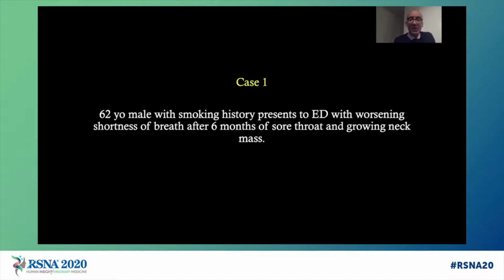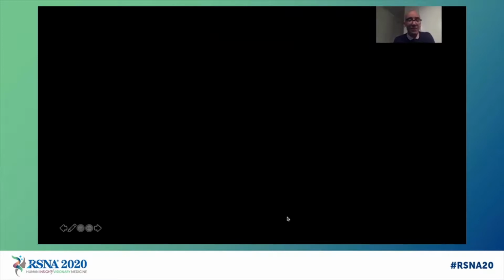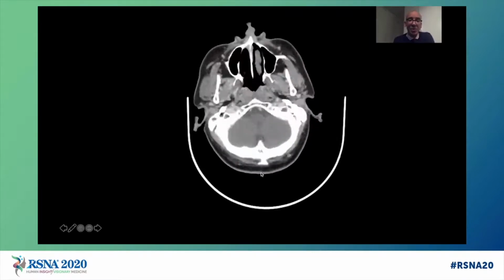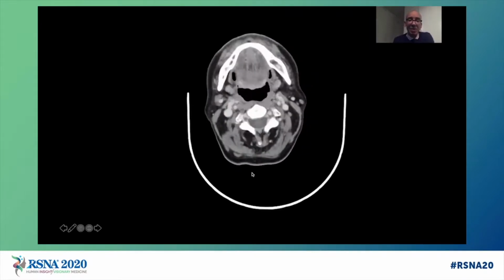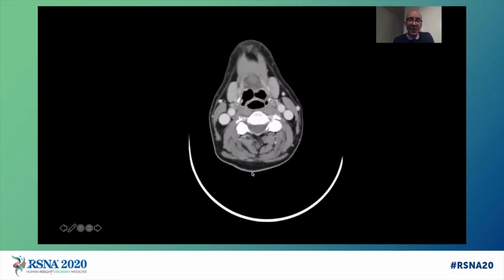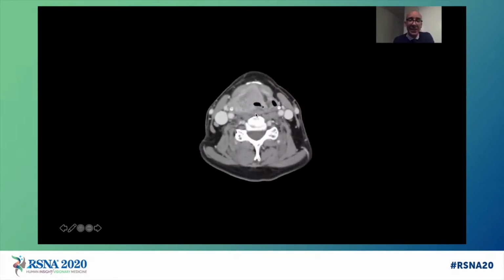So let's take a look at the first case. A 62-year-old man with a smoking history comes to the ED. He'd had 6 months of sore throat and growing neck mass, but was acutely short of breath. So his CT, so far so good, but as we get down into the larynx, we see that he has